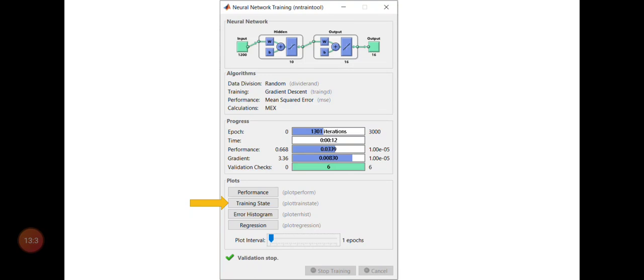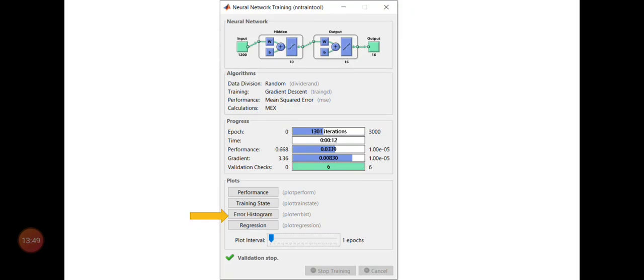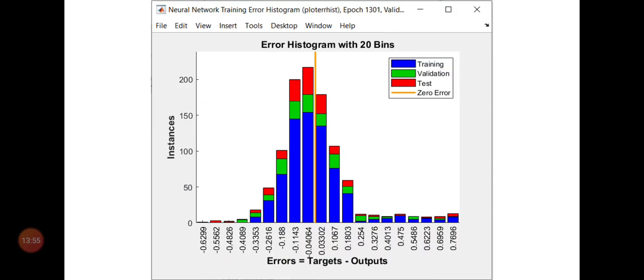Next, if you click the training state, you are going to get this plot, and you can see that the gradient is falling. So this is a good training example. Next, you are going to check the error histogram by clicking on the error histogram point. This is the error histogram for the training, validation, and test.